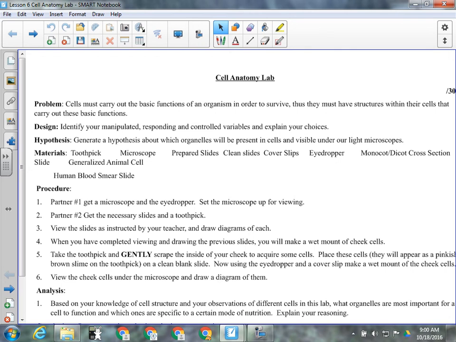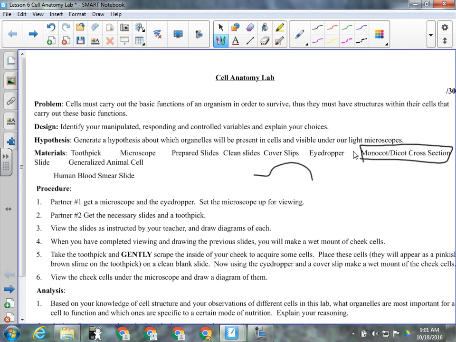So the first cell you're going to want to look at is the plant cell, and it is called monocot-dicot cross-section. That's the name of the slide. Essentially they've taken a leaf and sectioned it. So if this is my leaf, see, I'm not a good artist. So the veins are through the leaf. That's just getting worse. Anyway, what they've done is they've cut it like this,